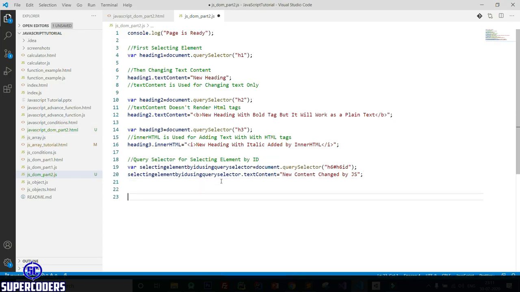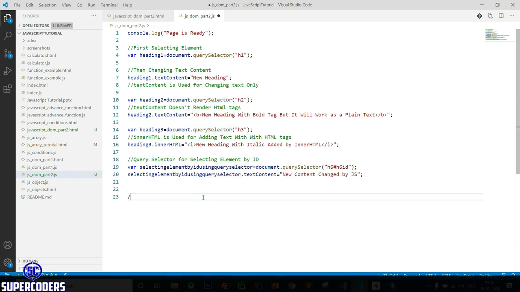Now let's see how you can select elements by class using querySelector. We already know when we select elements by class, it returns data in multiple form. So instead of using querySelector for class, we use querySelectorAll.